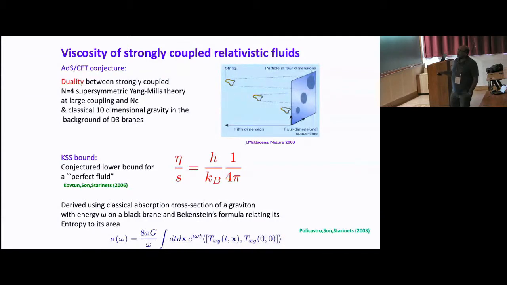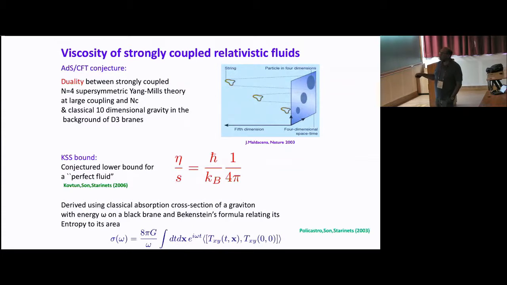And what these authors here, well, actually first shown here, was they showed that you can actually derive a value of η over s in such theories by looking at the classical absorption cross-section of a graviton falling on a black hole. Okay? Actually, in this case, a black brane. And so if you use Kubo's formula for that,